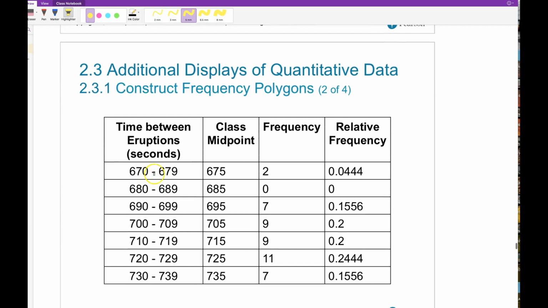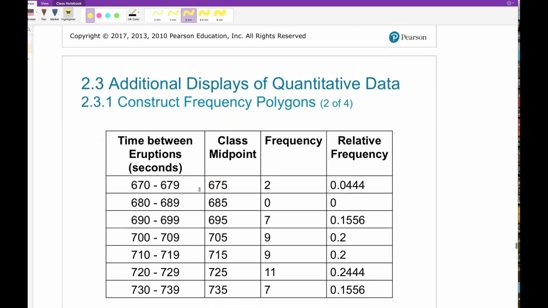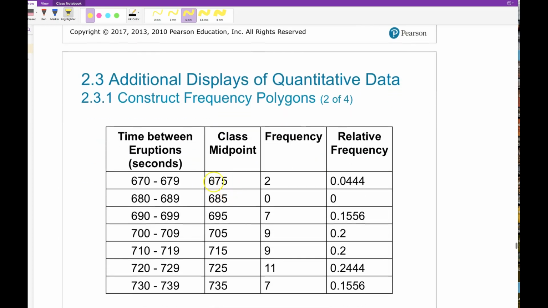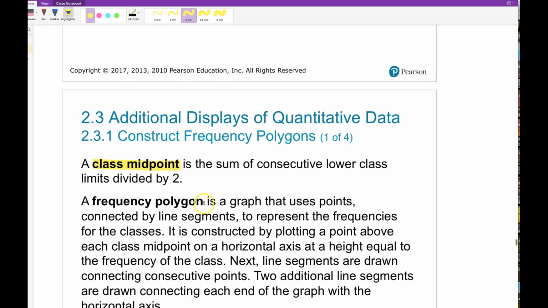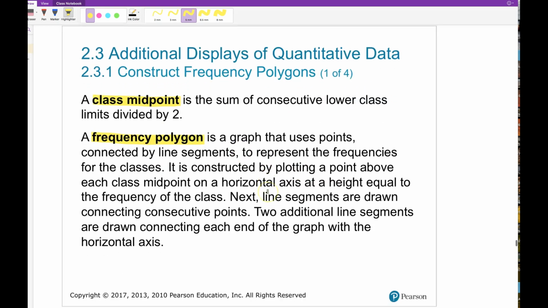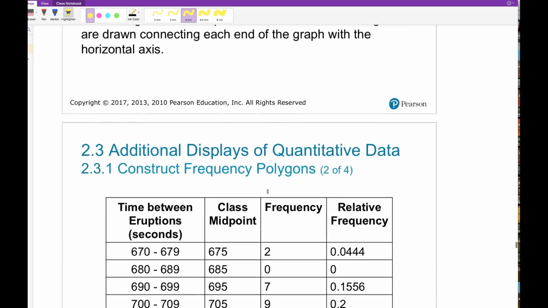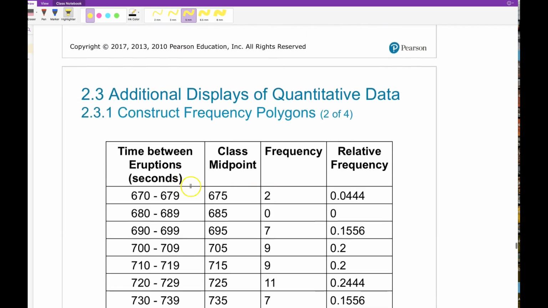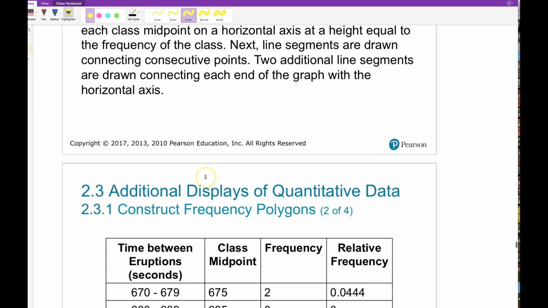So, for example, we have a lower class limit, upper class limits, and then the midpoint would be somewhere in between. We end up using that, and you can see an example here of what the midpoint is here, 675, 685. It's the value right in front, and that gets kind of utilized with the frequency polygon. It's just a graph that uses points, and so let's, for example, look at some information about the time in between eruptions at I think this has to do with